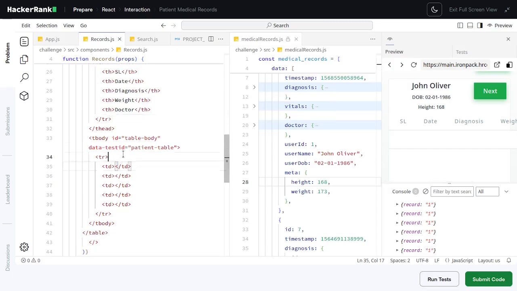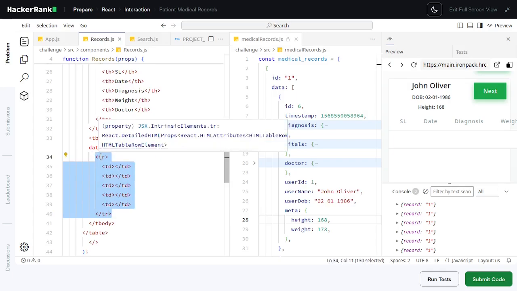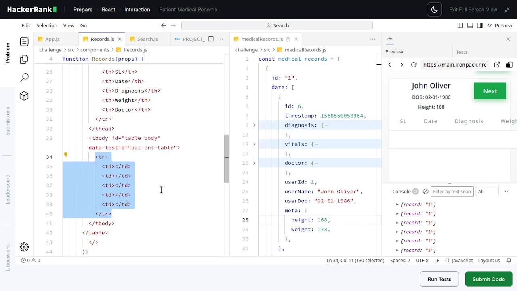For the td of the table data, since it's wrapped in a table row and we have a bunch of medical records of one patient, we can use, you guessed it, the map as usual. Let's comment this out. Before that, we need to copy this part, and then comment it out using Control and slash